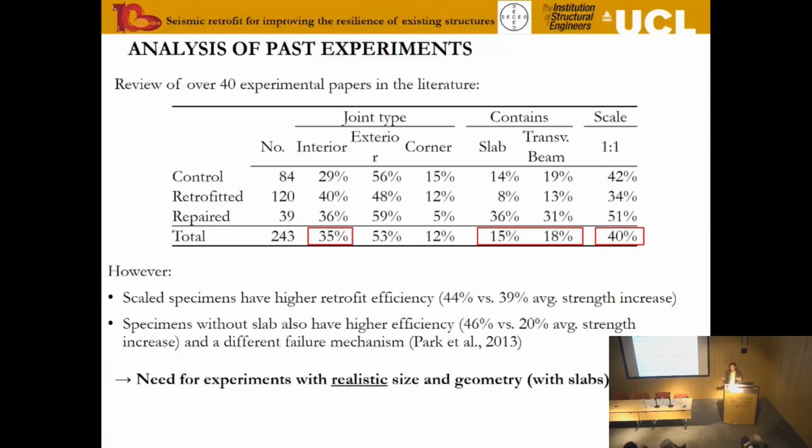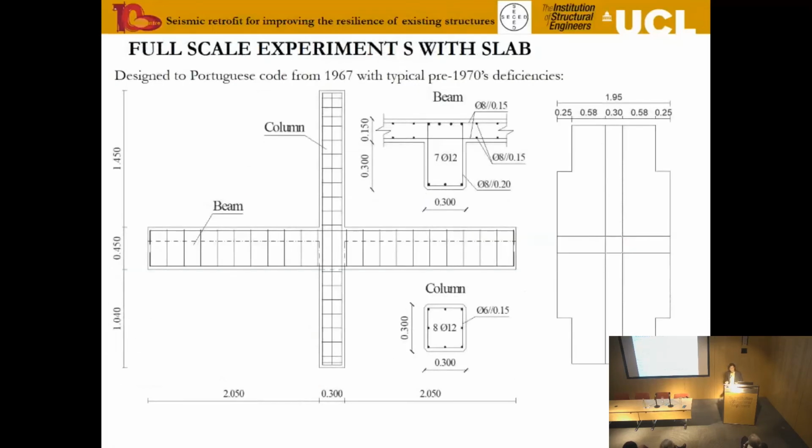So we saw from the literature that there was a need to actually develop realistic retrofit solutions for realistic geometries, and that testing was needed at full scale. And so we embarked upon this challenge. That's why it was called Challenging Risk as a project. And we decided on a case study structure, which was a reinforced concrete moment-resisting frame designed to the 1967 Portuguese standard. This is a typical standard. We could have chosen any from Italy or from Greece, etc. It sort of represents Mediterranean-type structures with the typical deficiencies seen there.